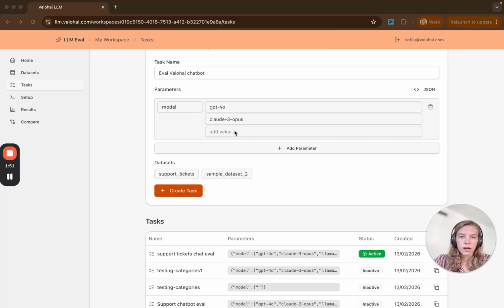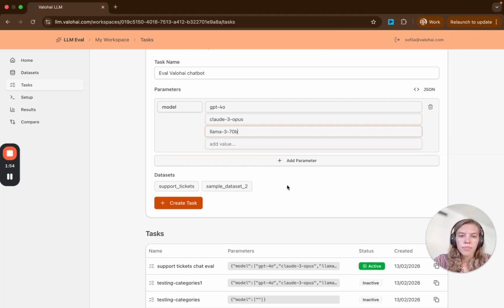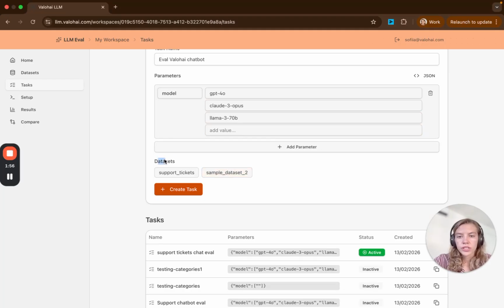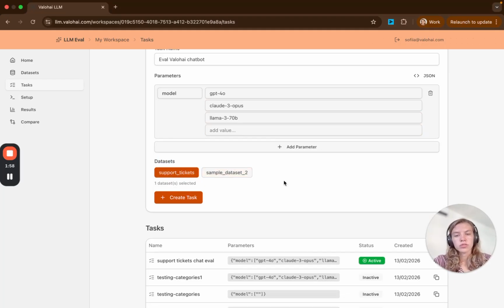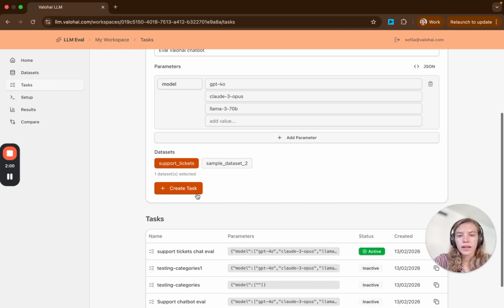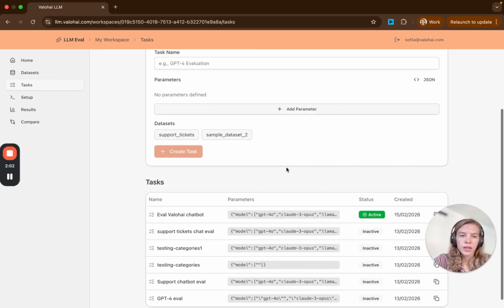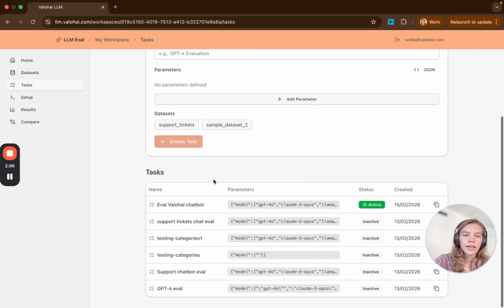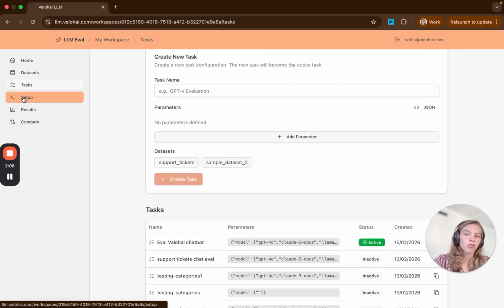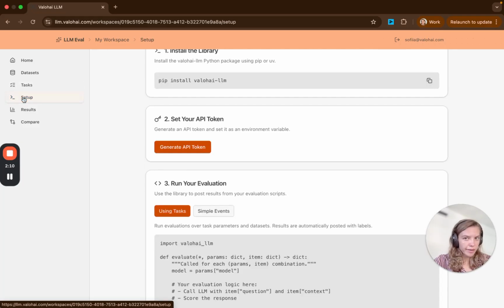And after defining the parameters, we can move on and choose which data set I want to use for this evaluation and create a new task over here. So now my new task is active, and we are ready to move on to the next step,